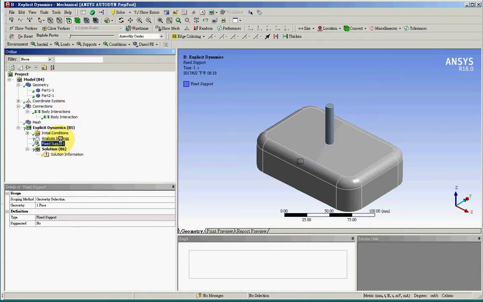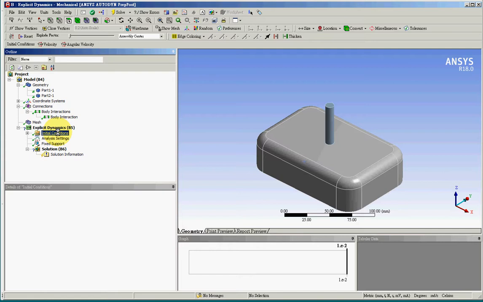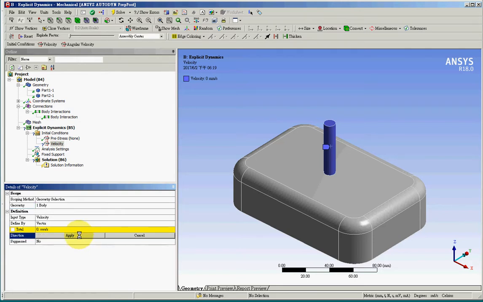And for the ANSYS setting, I'll set 0.01 second, and this is the time for impact. This is a high velocity impact. So I'll add an initial condition for loading. Insert a velocity on the projectile, and the direction will be